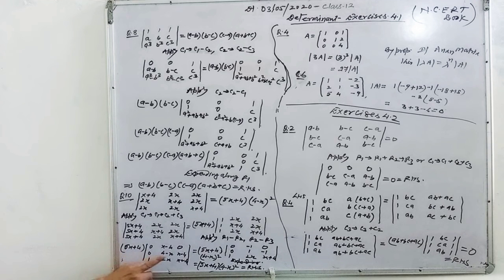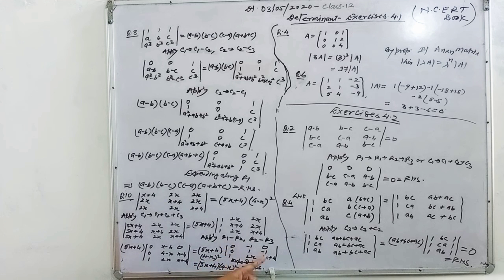Now when you apply R1 minus R2 and R2 minus R3, from R1 you can take 4 minus x common, from R2 also 4 minus x, so there will be 2 factors of 4 minus x taken out common from R1 and R2. After taking out common, you will have in R1 0, here will be minus 1, why? Because 4 minus x you are taking common, and the third is 0. From R2: 4 minus x, 0, 1, and here will be minus 1 written there. Now R3 will be the same: 1, 2x, x plus 4. So this is your result.